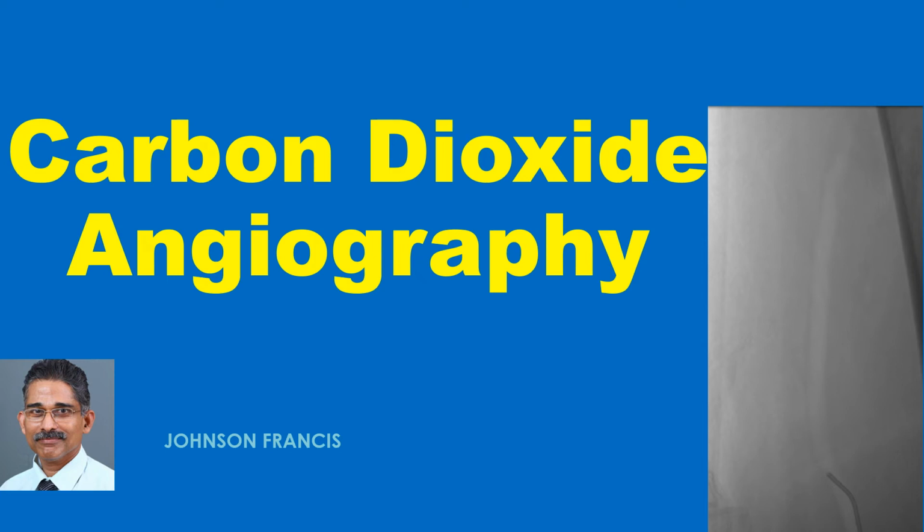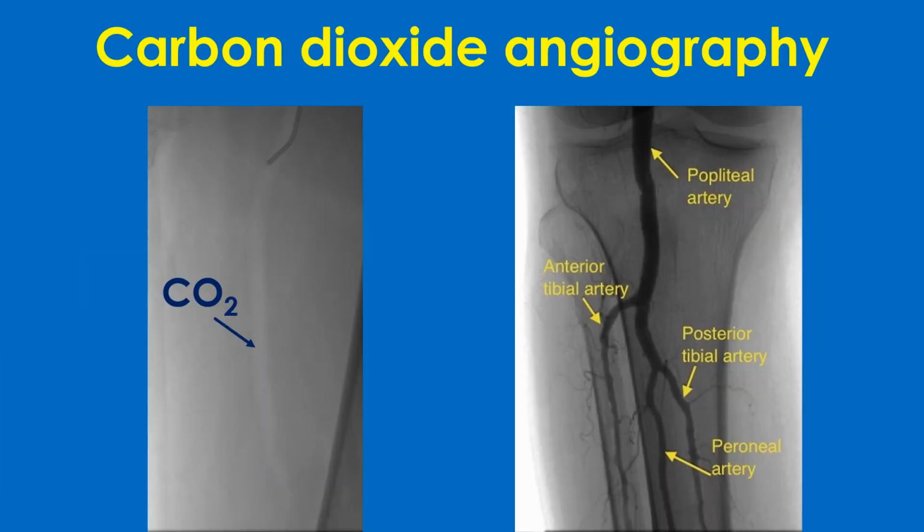Discussion on carbon dioxide angiography. Arteriogram using carbon dioxide injection. Usual angiograms appear dark, while this is grey because of the lower density of carbon dioxide compared to tissue. A conventional angiogram is shown beside the carbon dioxide angiogram for comparison of opacification. Please note that the angiograms are not in the same projection.